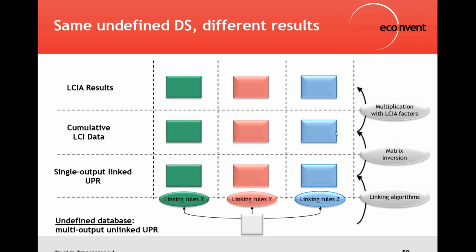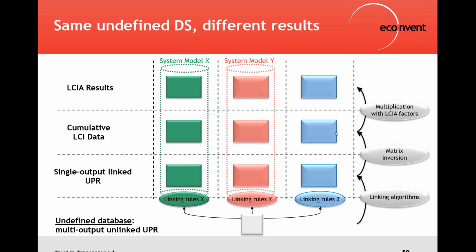And then, using the different impact assessment methods and the relevant characterization factors, we will produce the LCIA results. The collection of LCIA results, LCI data, and UPR is a system model. That means that for every set of modeling choices we have taken, for every set of linking rules, we would have one system model. So we would have system model X, Y, and Z,